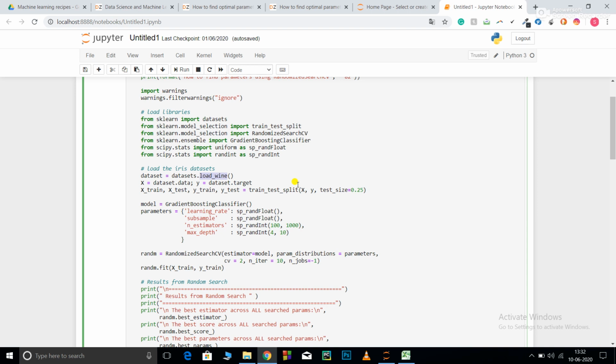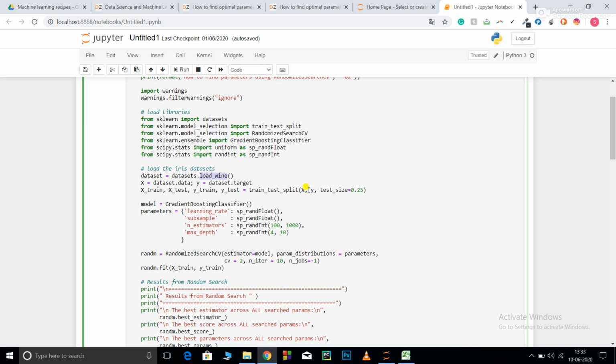But if it performs very well on training and very poor on testing, this means your model has overfitted. So basically I'll give you a brief introduction of overfitting. Overfitting means your model is trying to fit itself into the training data so much that if I give a new data point to it, it is not able to predict for those data points accurately.